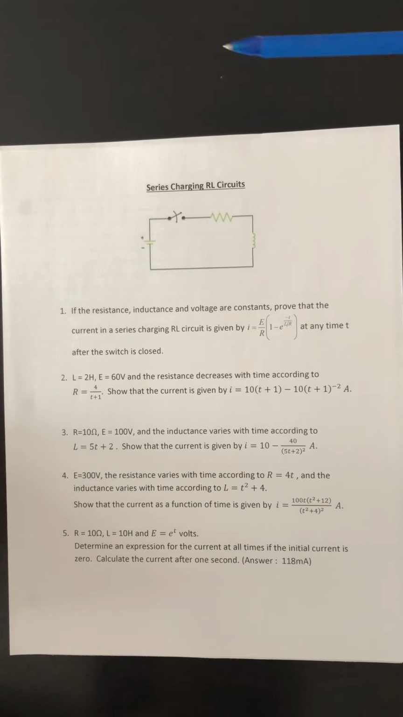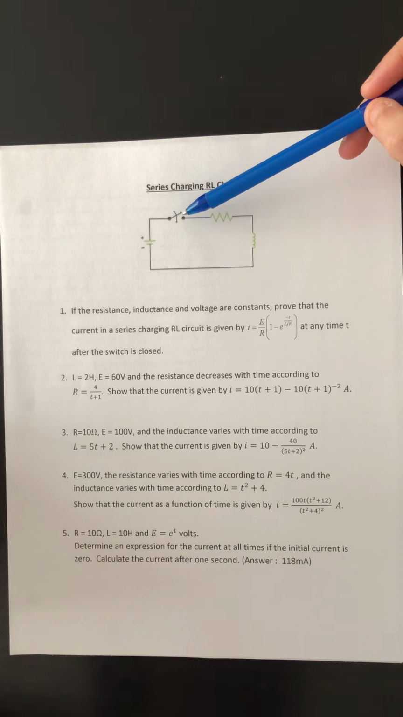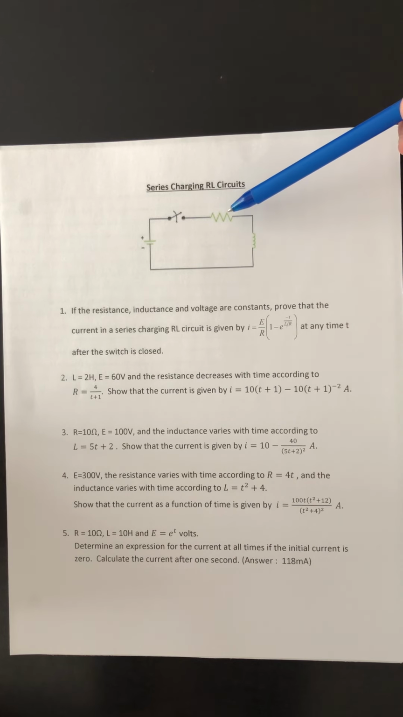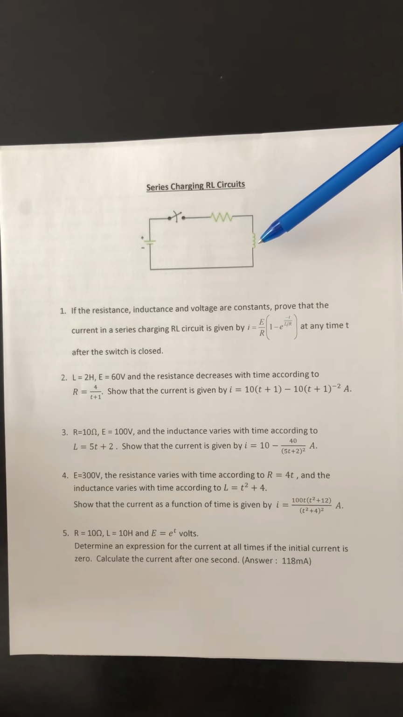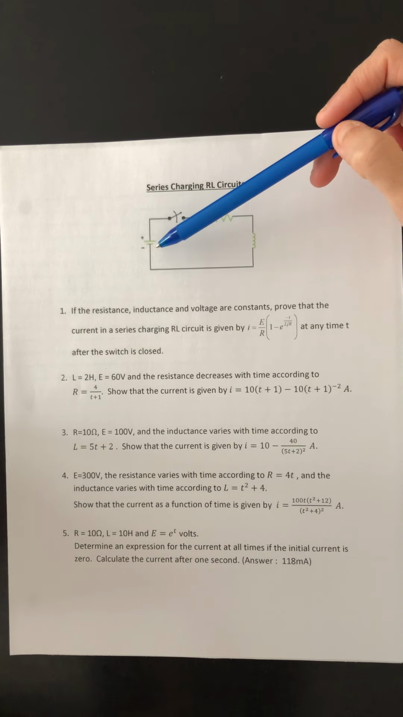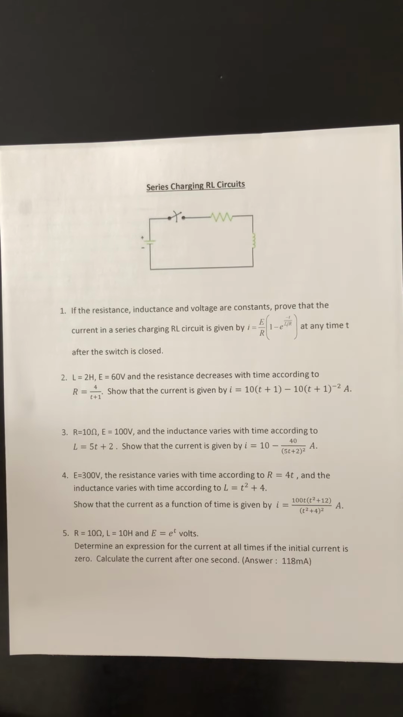So what we have here, this is meant to be a switch. Here is the resistor, the inductor, and the battery. So I'd like to start with the first question. In my opinion, this is really the most interesting thing. Okay, it says, if the resistance, inductance, and voltage are constants,